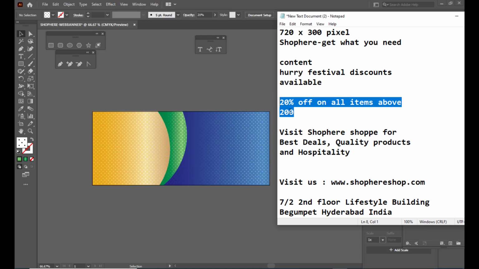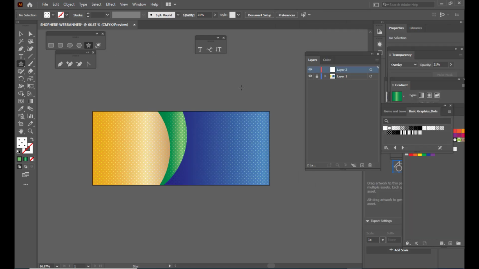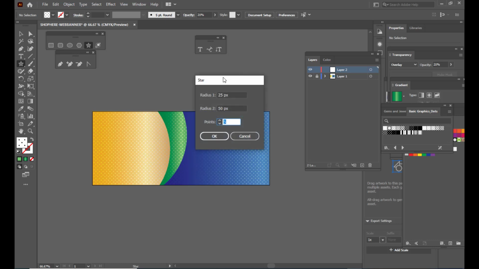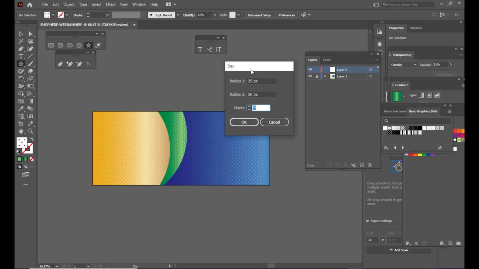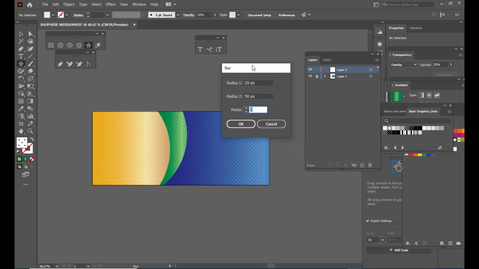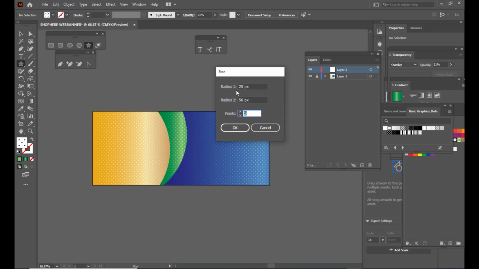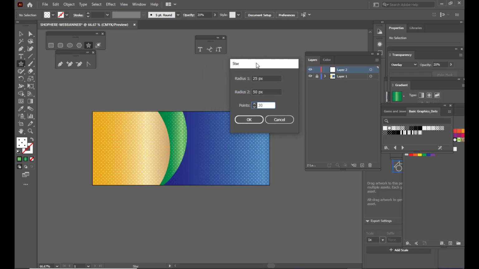For this we will be creating one simple shape. So we will select the star. We'll just click once inside our Illustrator interface so that this shape dialog box opens, and here we will put a value of 30 in the points. So we need 30 points for our star.